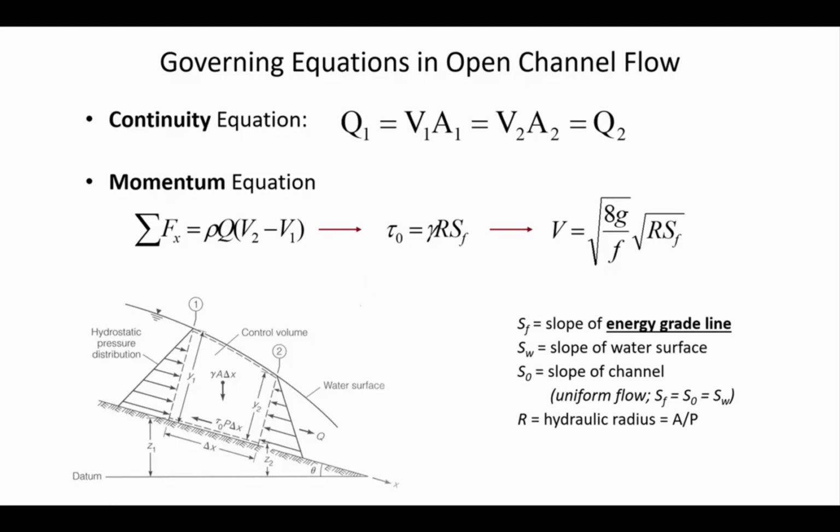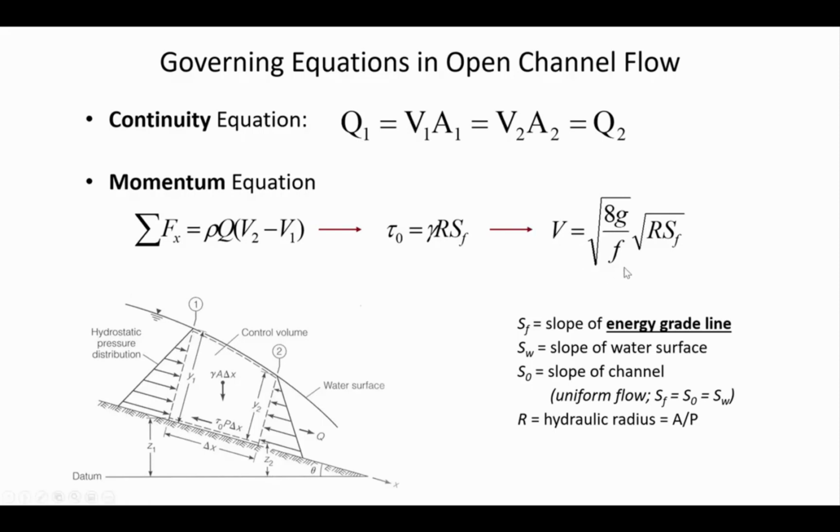And so in the momentum equation, what we're doing is we're looking at the imbalanced forces. And since we have a difference in velocity between the flow in and the flow out of the control volume, the momentum equation can be rearranged to allow us to calculate the magnitude of the shear stress that's applied. So the shear stress is related to the slope of the energy grade line, S sub F, and the relationship between the shear stress and the Darcy-Weisbach equation that we learned in closed conduit flow